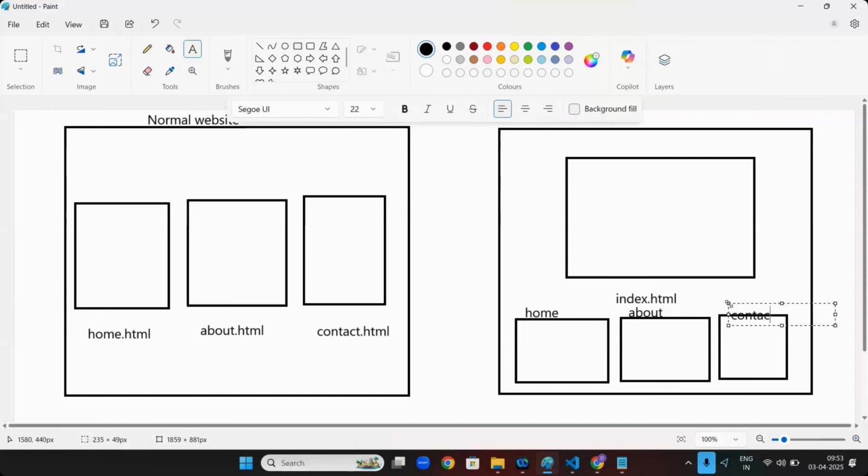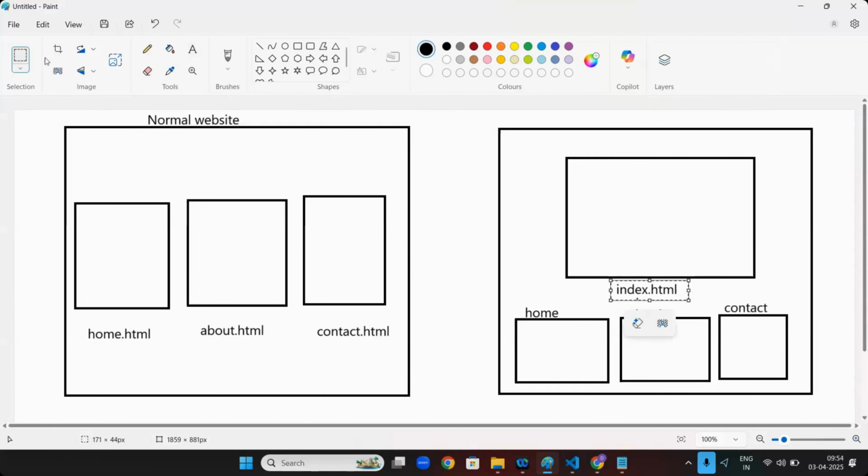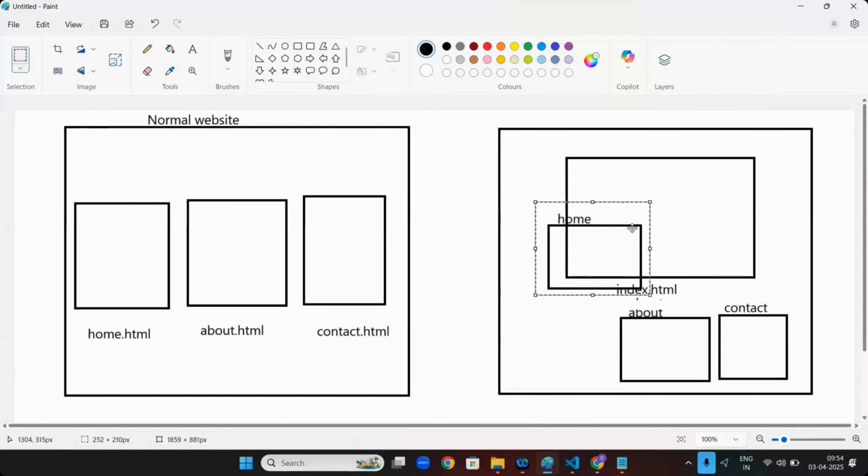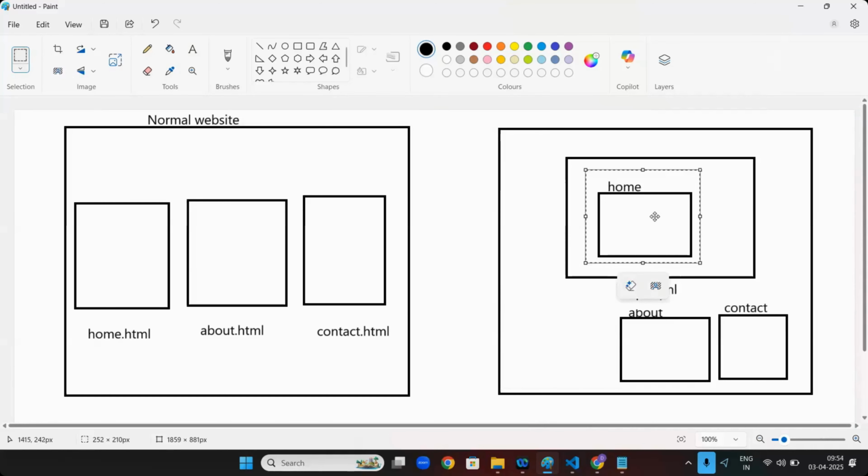Imagine someone clicks on the home page anchor tag. Here one HTML file is there, index.html. If someone clicks home, then only the home content will go into index.html.